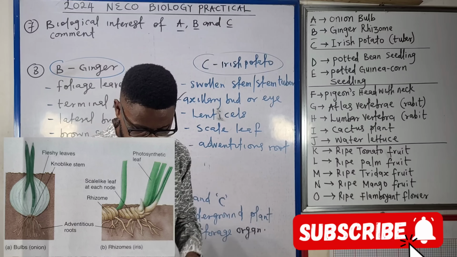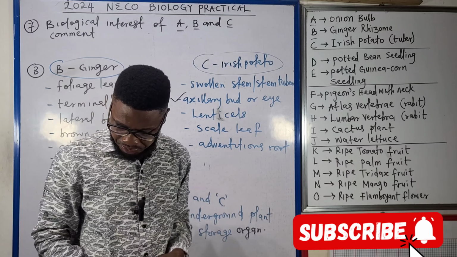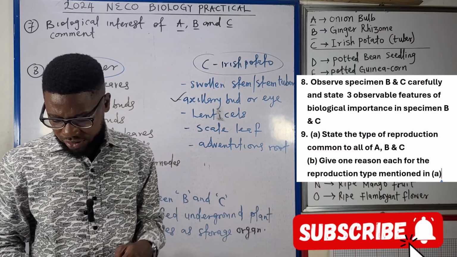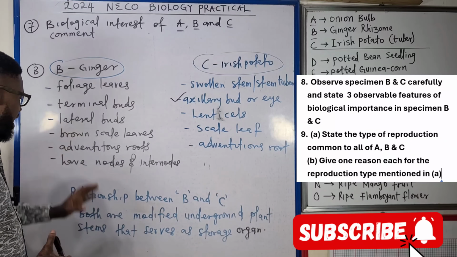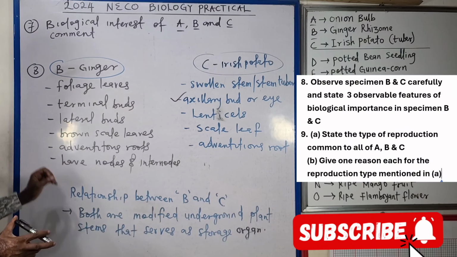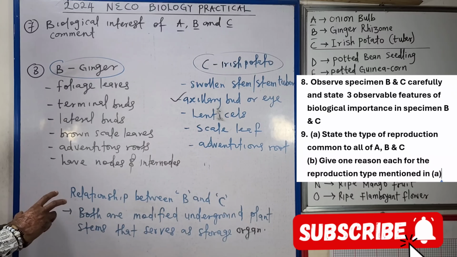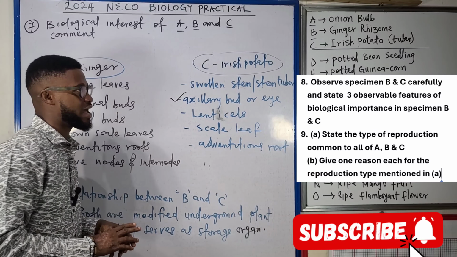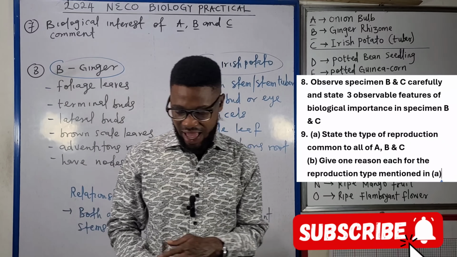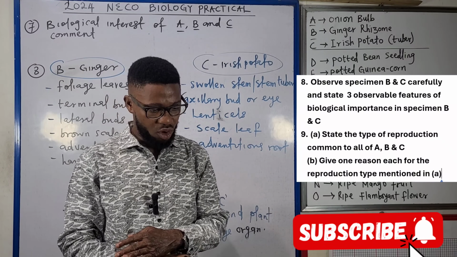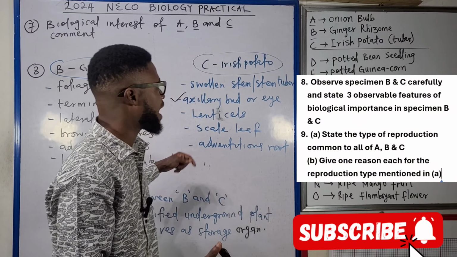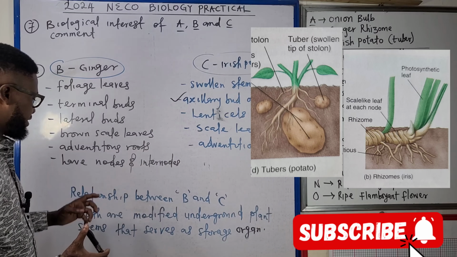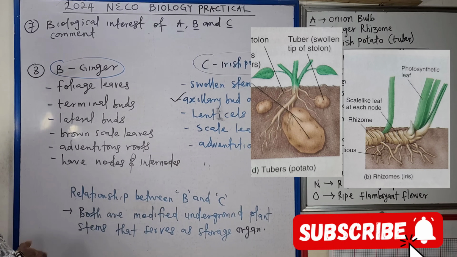Still on question 8, we were asked another question. It says, what is the relationship between B and C? What is the relationship between specimen B and C? The relationship is very simple. Both are modified underground plant stems that serve as storage organs. In fact, A, B, and C are just organs of vegetative propagation. But when you look at specimen B and C, the relationship between them is that both are